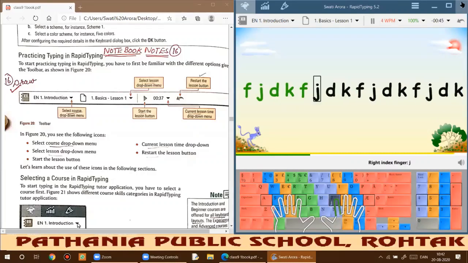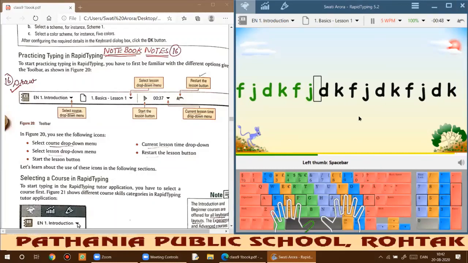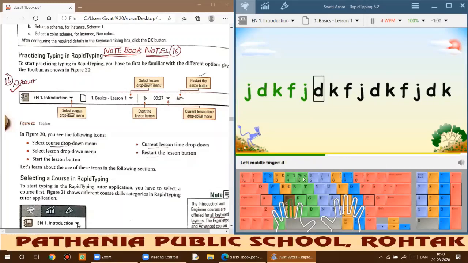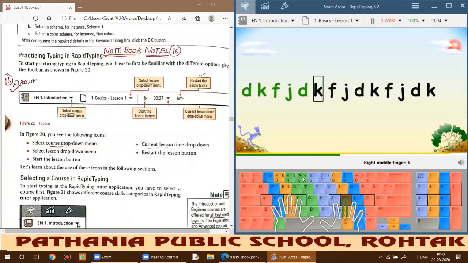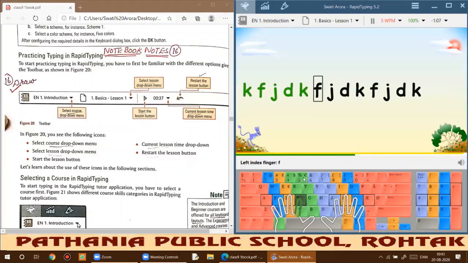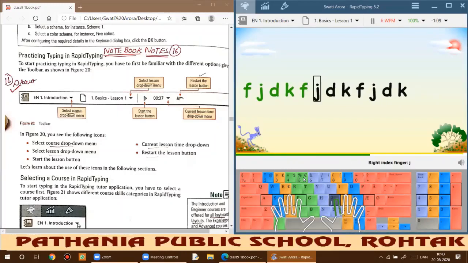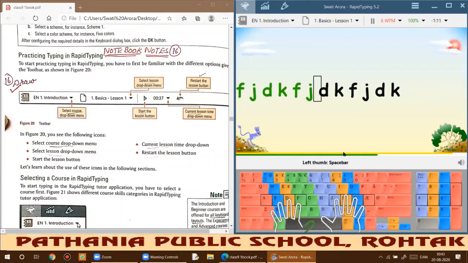Now you can see two types of lines are there. One is your green line, another is your yellow line. So you can see if I am wasting my time, this seek bar line is going down and down, and this is showing my status. Okay, so you need to be very careful to increase your speed, so that you utilize each minute, each second of your time that is shown to you, and you can check the time. Here you can see it is going negative. Why? Because I'm taking more time than was expected.